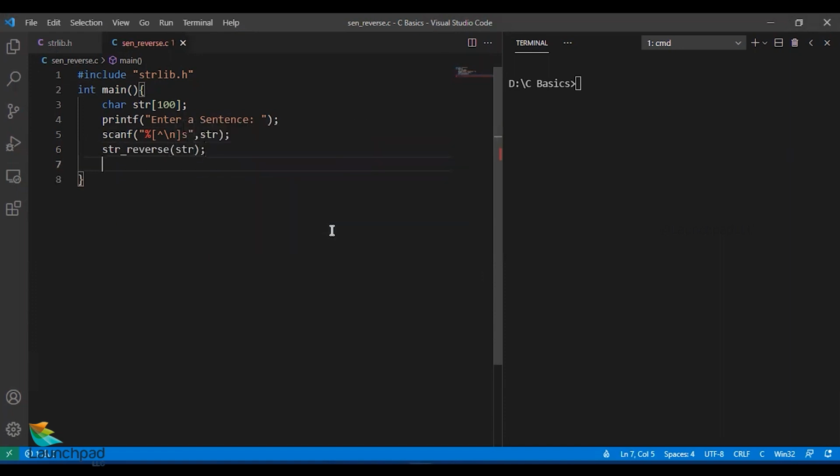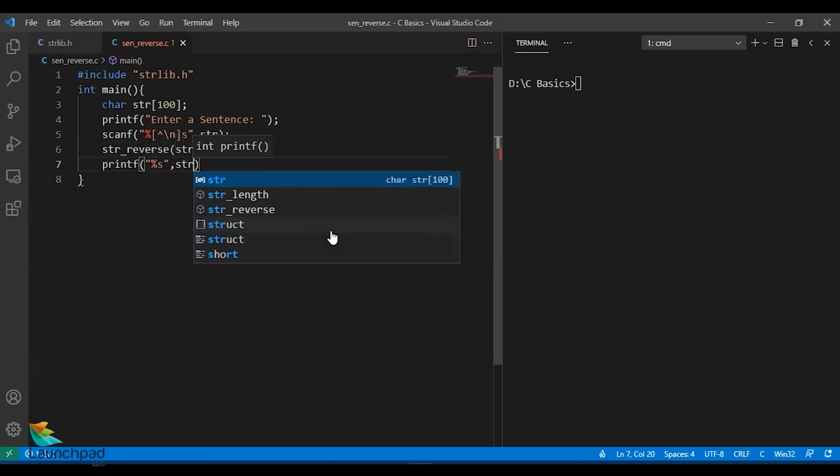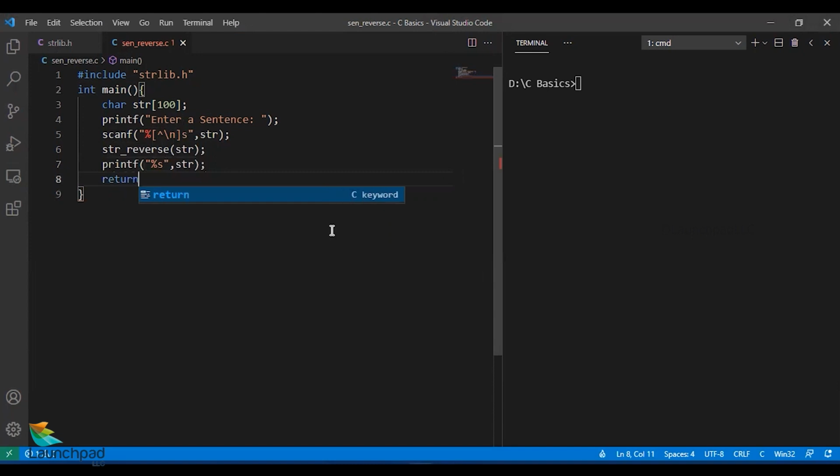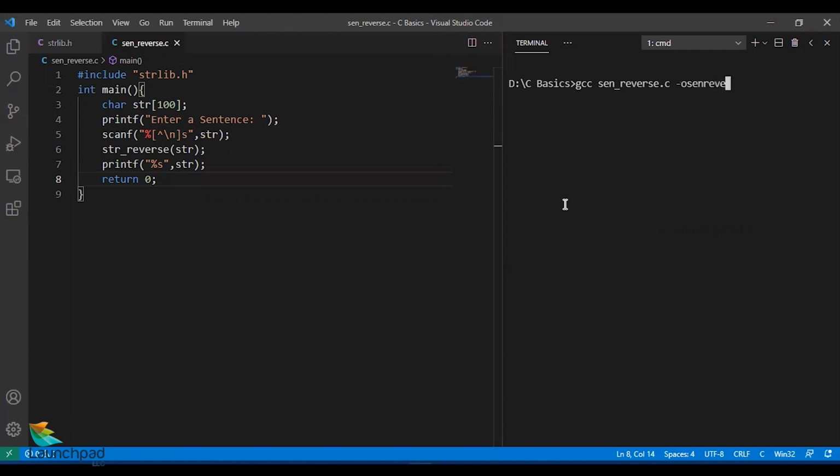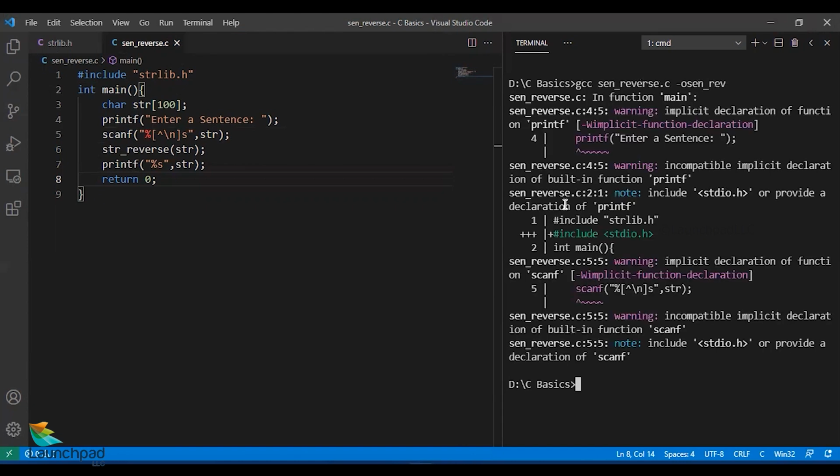I'm printing the sentence with printf %s, comma str. Let us see whether the reversing is happening perfectly or not. Now let me compile this with the command gcc sentence reverse .c -o sent_rev, a short form for it.